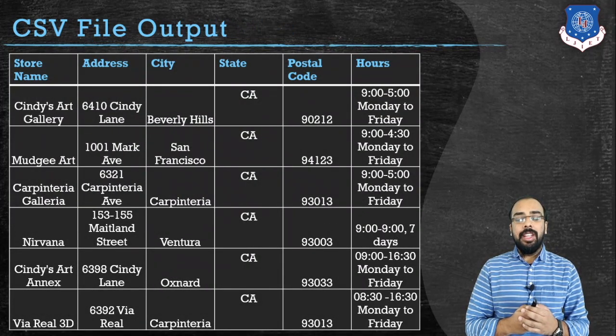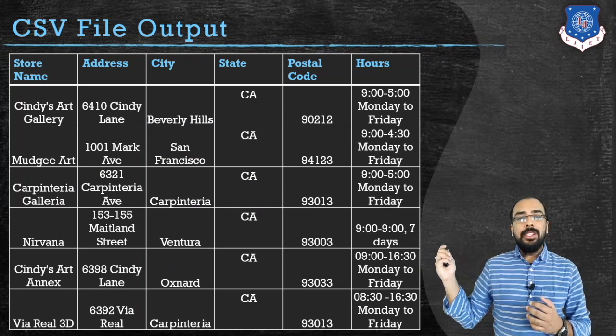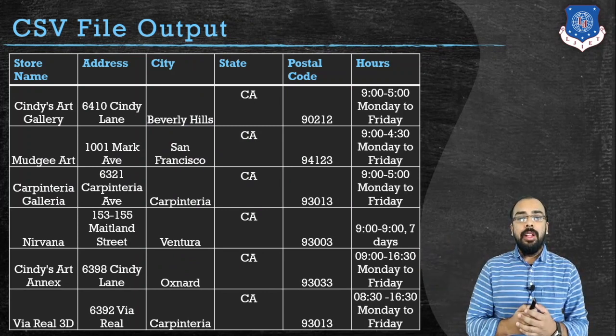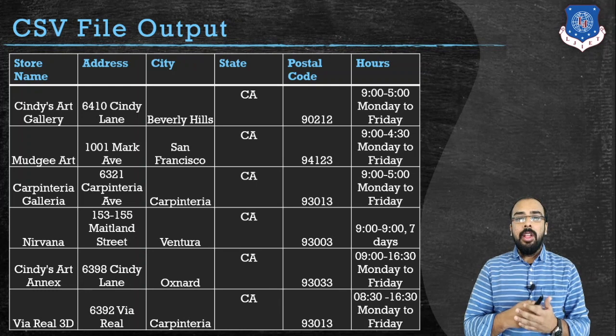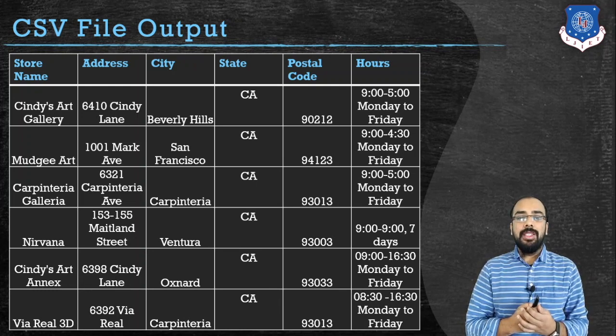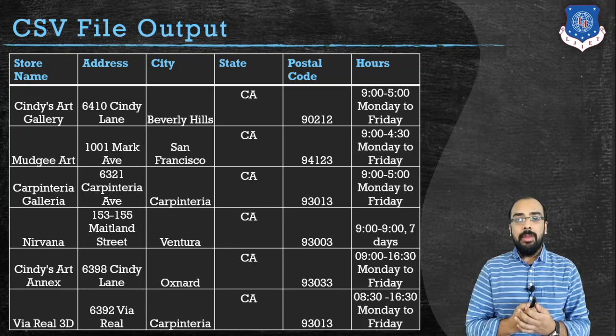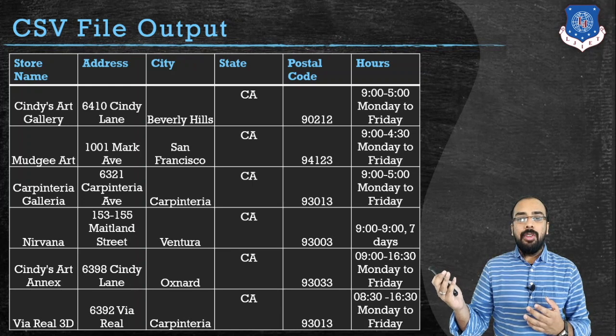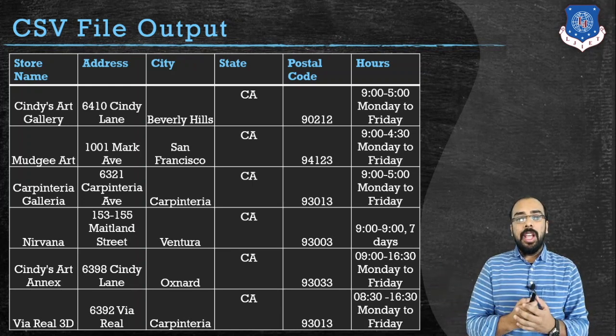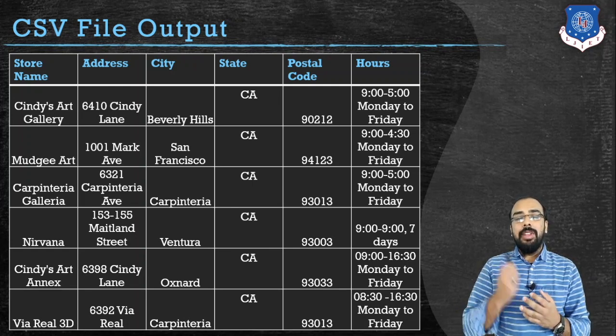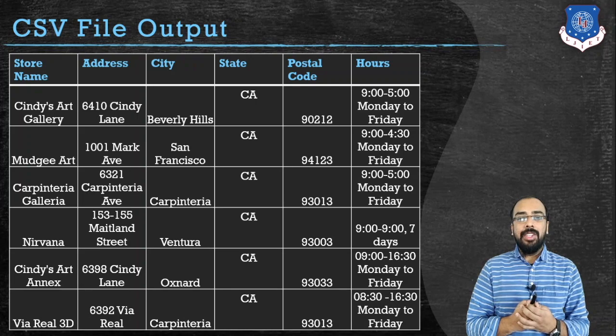Let us consider an example. This is the data present inside the cells.csv file. It contains 6 different columns: store name, address, city, state, postal code and hours on which a particular store is open. One problem with today's browsers is that they do not directly allow us to show the data in the HTML table. This will be the output of the particular CSV file. In programming we will see how we can write the code for reading a particular CSV file and how we can display it inside our HTML table.